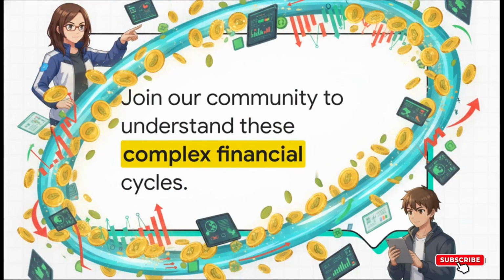Honestly, the mechanics of how capital flows through disrupted markets are just fascinating, and this soybean case study perfectly highlights how wildly interwoven taxes, global buyers, and domestic bailouts really are. As our source invites us, join our community to understand these complex financial cycles. It's an open invitation to keep digging into the data and to keep asking the hard questions about how these systems function. So I'll leave you with this. Where else might these invisible financial loops be operating in our economy right now?